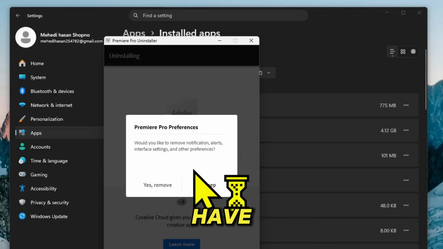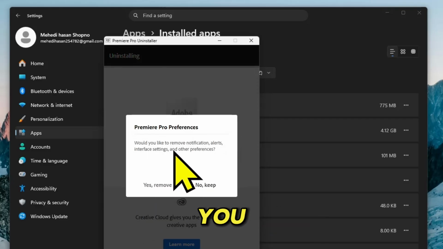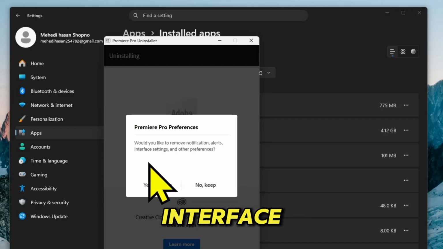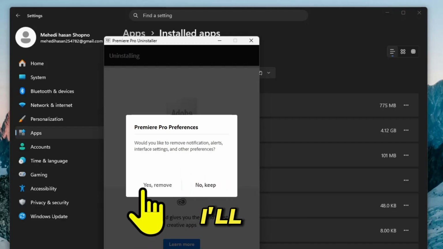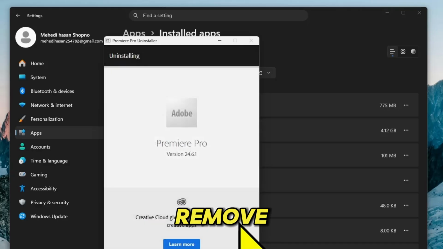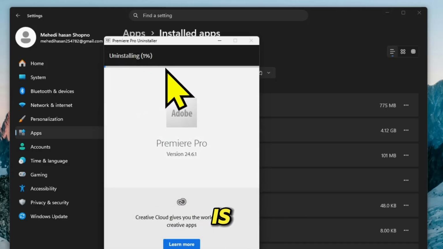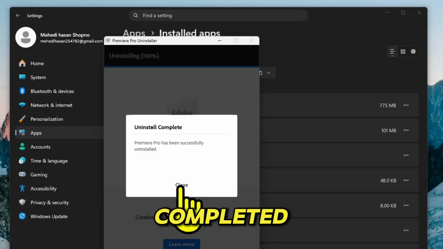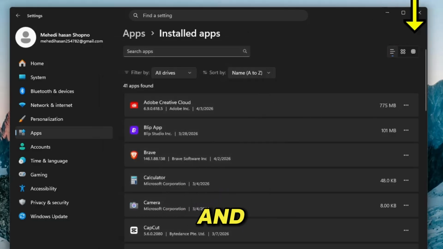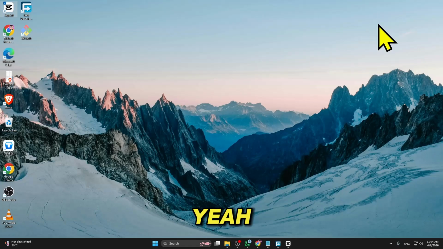And here you have got a notification asking, would you like to remove notification, allowed interface settings and other preferences. I'm going to say yes, remove. The uninstalling process begins, and the uninstallation is completed. Now if you click on close, and yeah, this is how you can simply